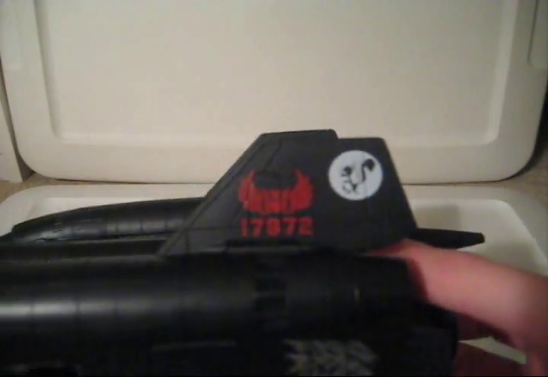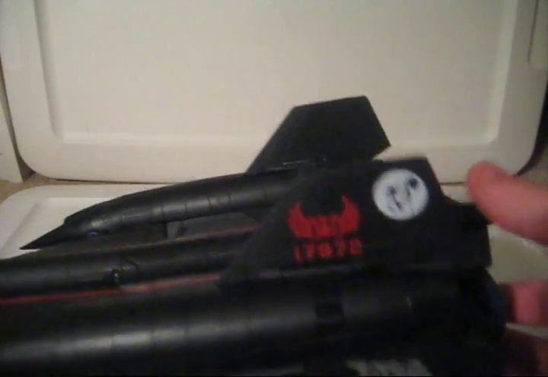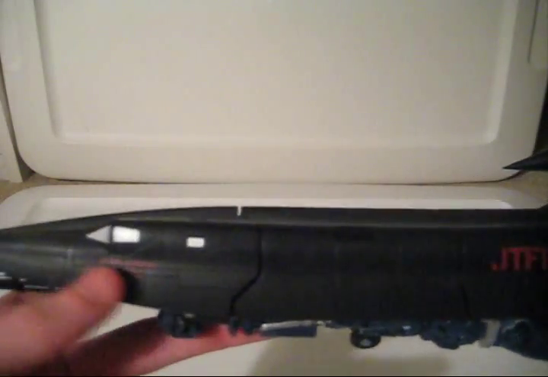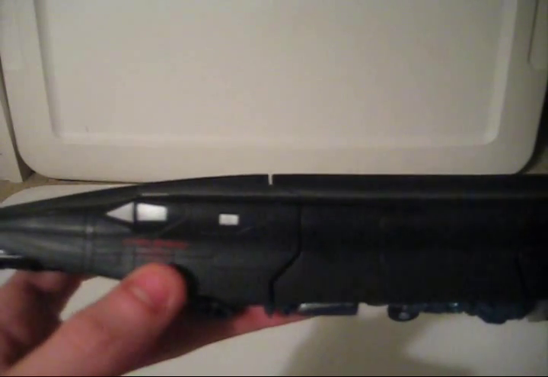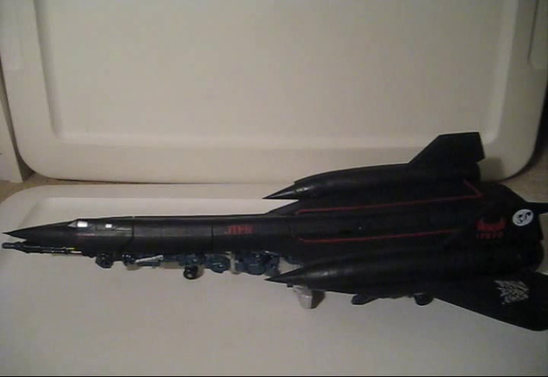They put JTFR right here. They put a 17972. They put a skunk logo right here, which I'm not really sure what that's for. I'd like somebody to let me know. A scratched out Decepticon symbol right here, which is an obvious reference to the fact that he changed sides. They even added some really cool writing over here. It says Lieutenant Colonel Brawley, but then they added some really tiny writing that I don't remember exactly what it says, but it basically says that